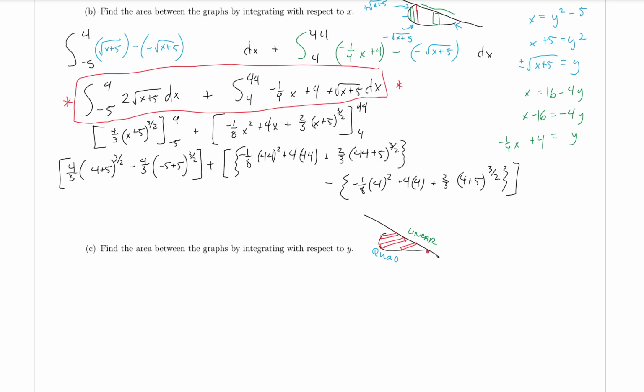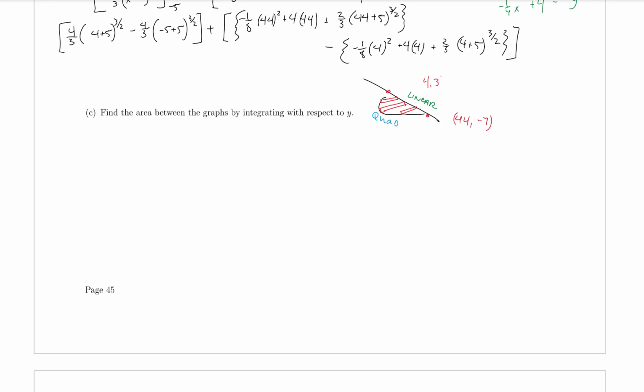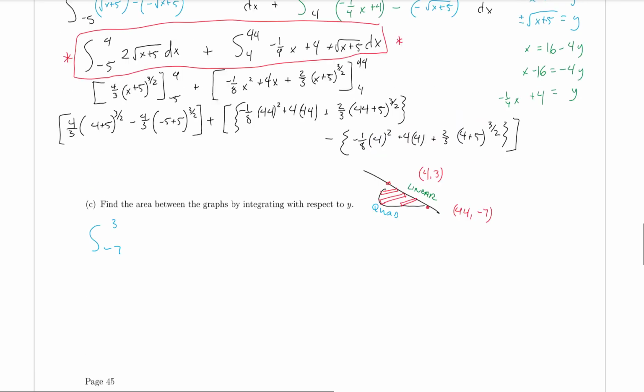Remember, our intersection points were at 4, 44, and -7, 3. So we're going to be doing the integral from -7 to 3